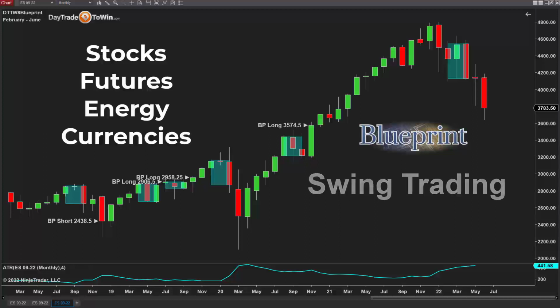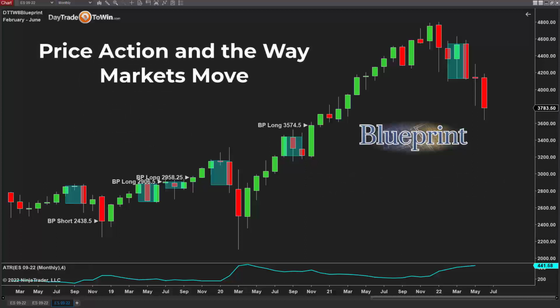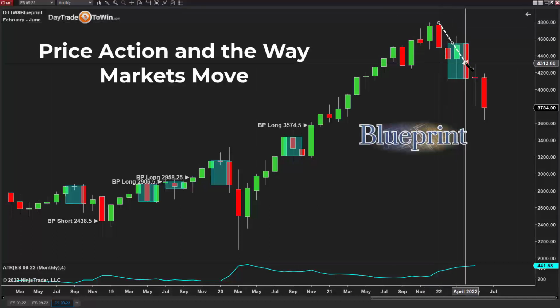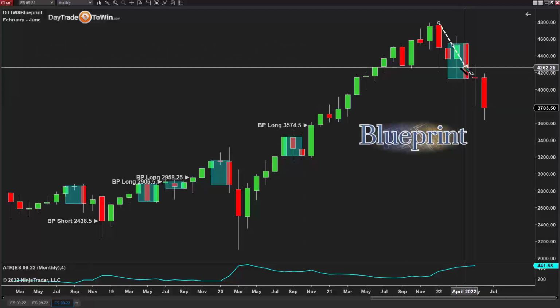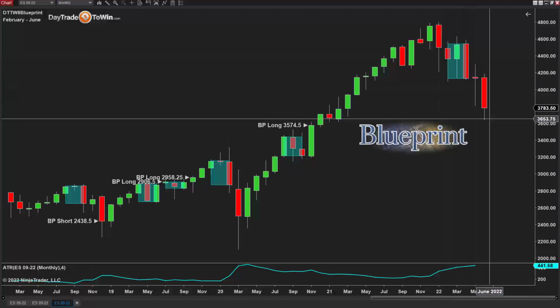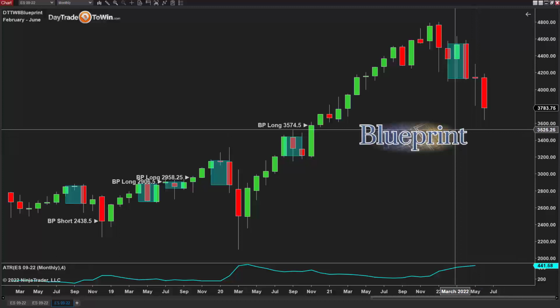More importantly, I want to show you something else, not just the Blueprint software. I also want to show you price action, which is very interesting to see because this is a great example to show you that we are going to have a sell signal here to go short. Some of you may already have it if you're using an hourly chart or a weekly chart, but there is a sell opportunity. Market shows me that this shaded area stalled the market and now it's breaking and continuing. So look for the sell signals, those of you who have the Blueprint software, whether it be swing trading or